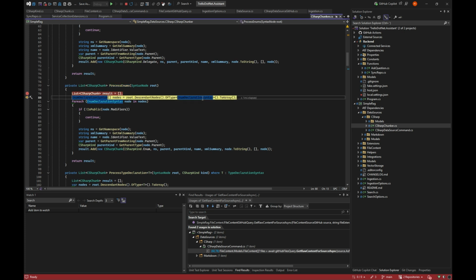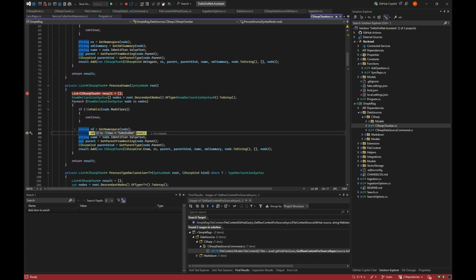So in this case, we are grabbing all enums that are in here. So there should be one, which there is. We check if it's public, because this tool is set to only rag public methods. At some point, it probably will be made a configuration in a later version of SimpleRag. But when you're using a public API, of course, you can only hit the public methods. So why pollute and make the AI confused that there are internal private classes and internal classes and so on. But we just grab it.